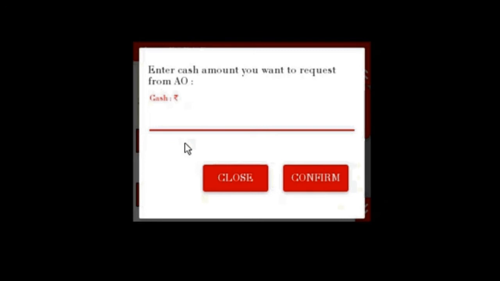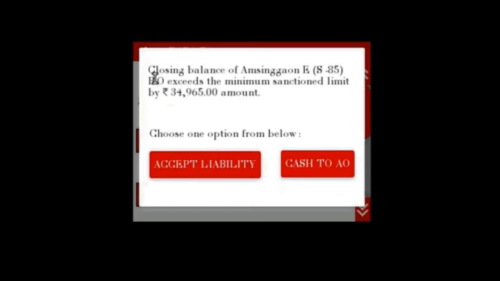We are confirming. Now this message will come if there is excess cash in the BO: closing balance of Amshingaon BO exceeds the minimum sanctioned limit by rupees 34,965. Now this amount has come after deducting the minimum balance of BO.